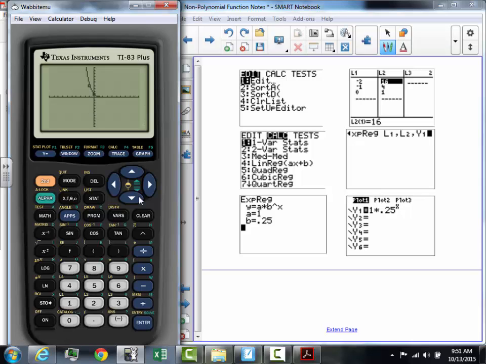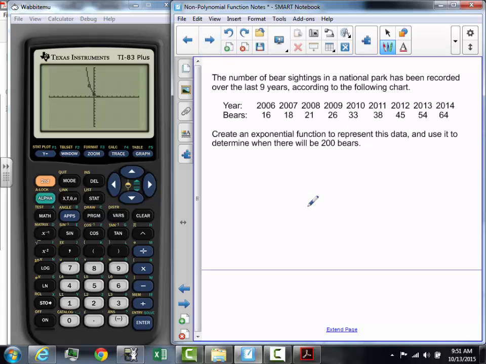Because I want to get to this last example so we can call it a day. Sorry, this lesson is a lot longer than I thought it would be. Here's the example I want to give you then. You might get given, boy, that was poor grammar. You might get given